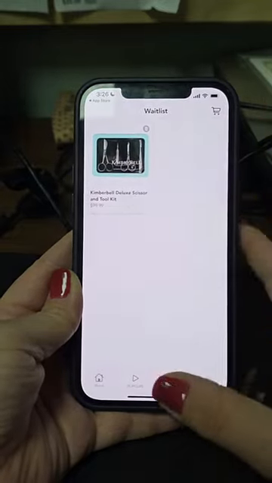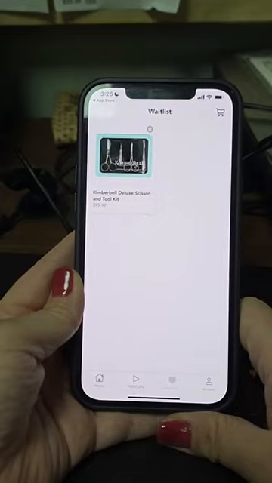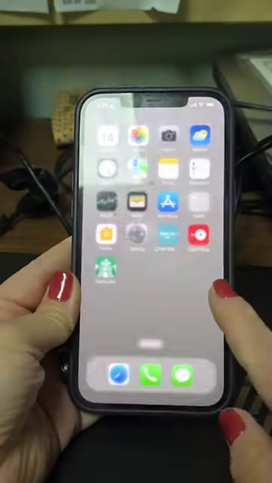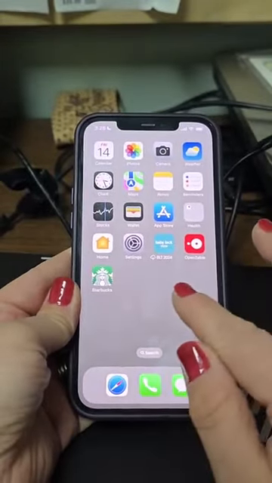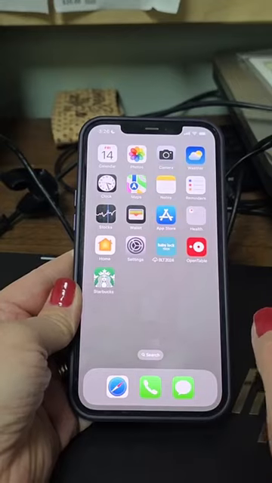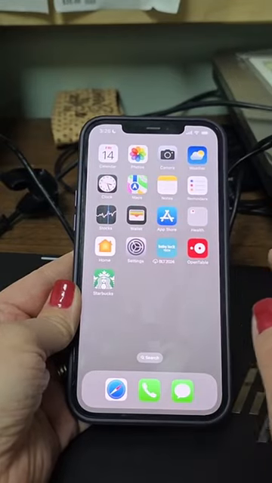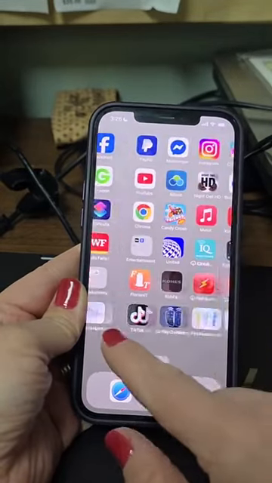Okay, so then it's kind of hard for me to be able to show you, but it's the same process on a Samsung. You're going to go to the Google Play Store, search for Above and Beyond, and then moving forward,